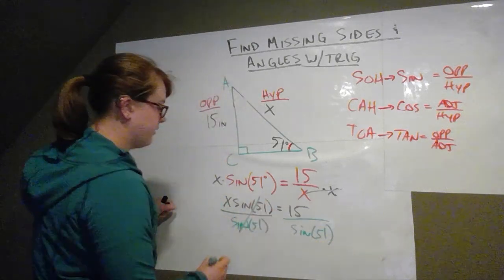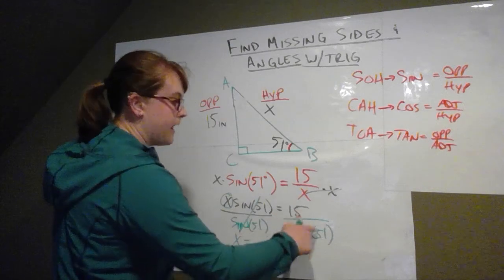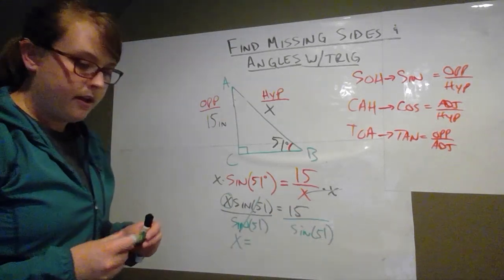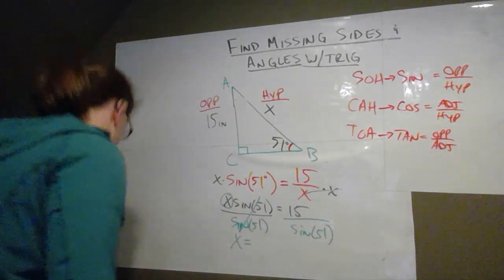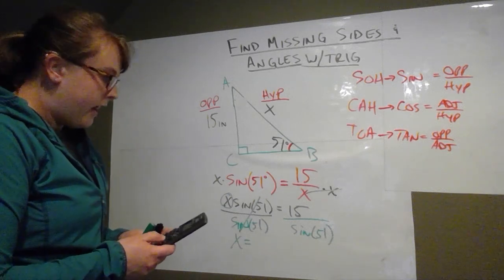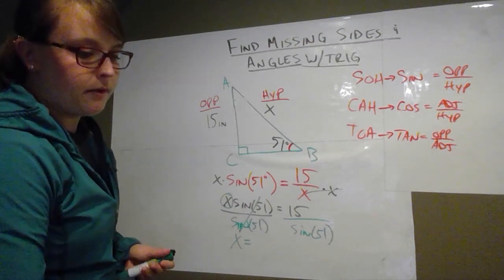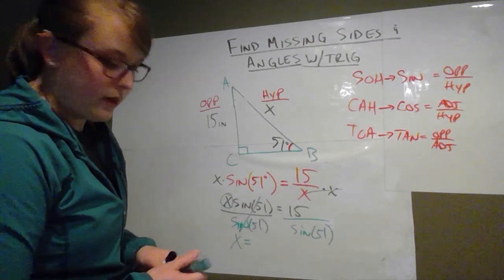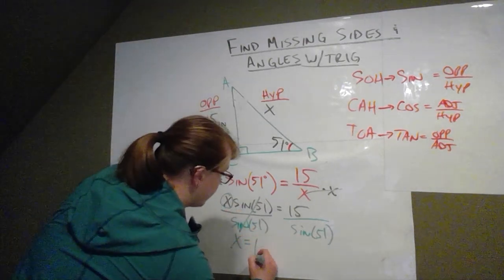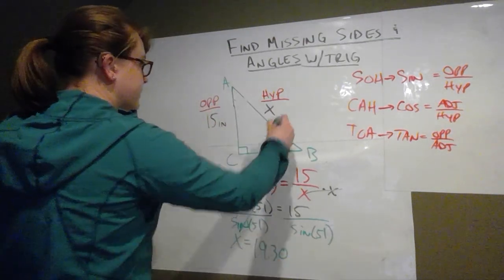So that those cancel and we're just left with x over here. And then I can type this into a calculator. That's one way you can think of it. So then I would type 15 divided by sine 51, enter. And we would get 19.30. So that tells me that my hypotenuse here is